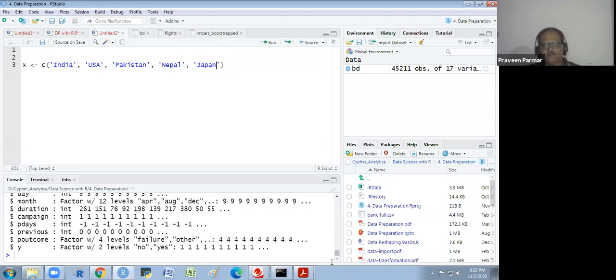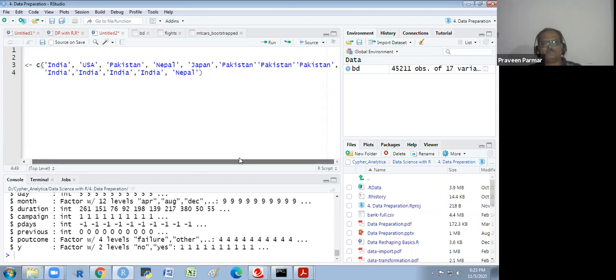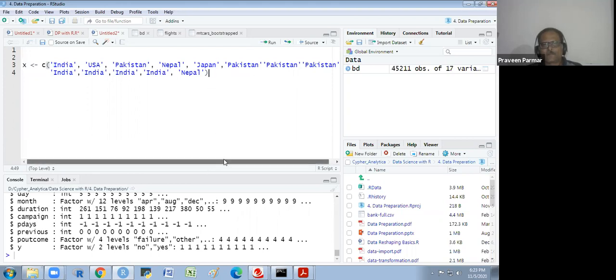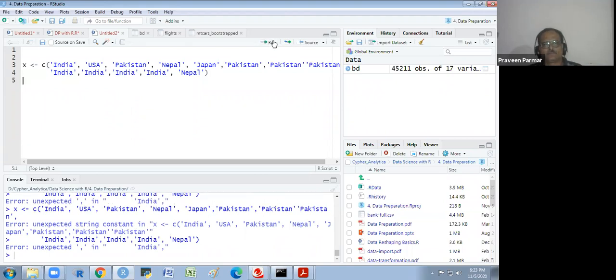I am also repeating a few names. I run it and see whether there is an error. The expected error is that a comma is not there somewhere. Here the comma is missing. One more.